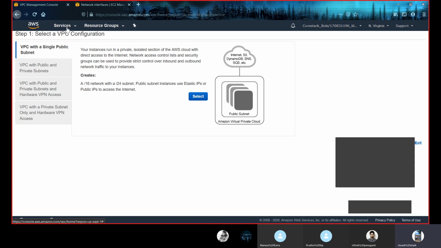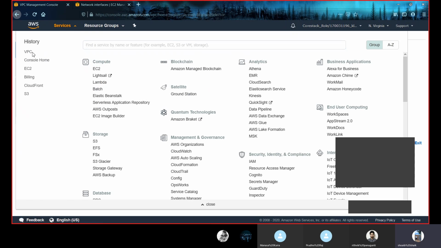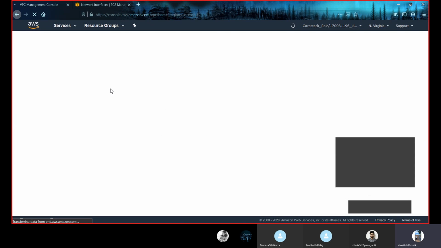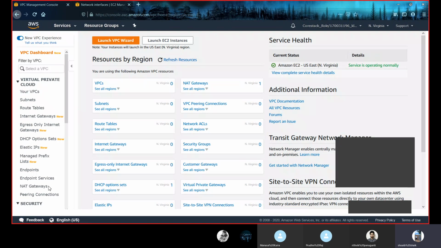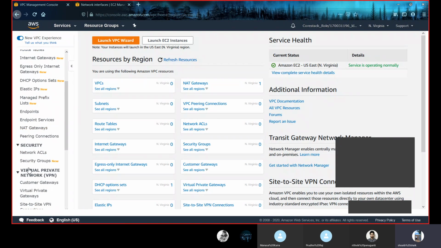Apart from this, we saw how all the services in Amazon Web Services are integrated. That means we can create an EC2 instance using a VPC dashboard as well as using an EC2 dashboard. We can also create security groups using a VPC dashboard as well as an EC2 dashboard.